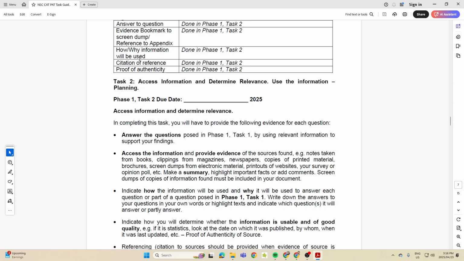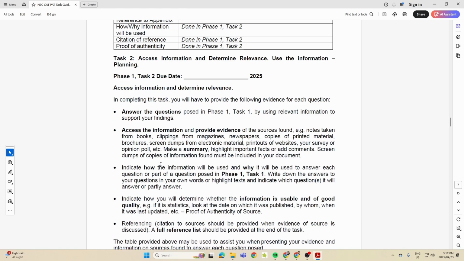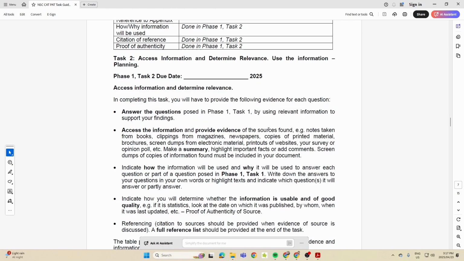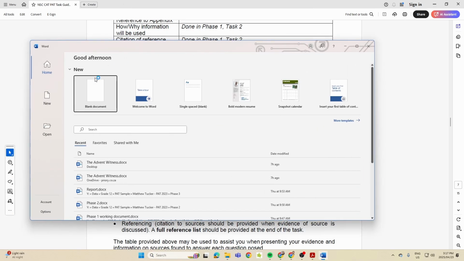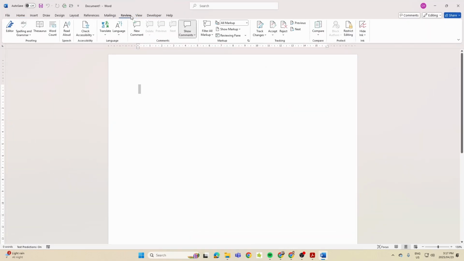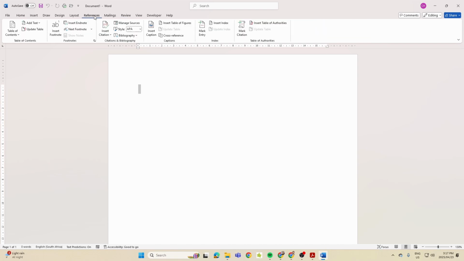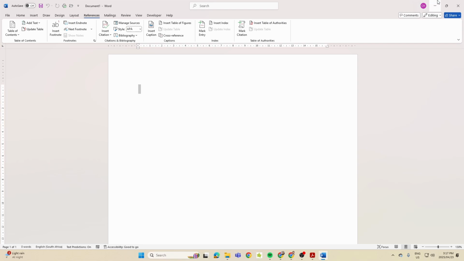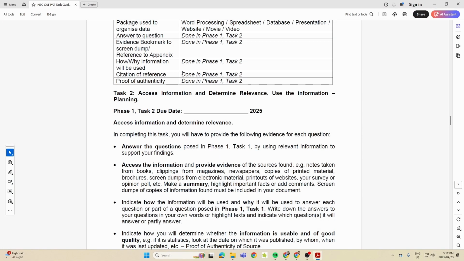Okay. Then your citation of reference. So they mention here your referencing. You're going to have to do it this way. Now, I've had learners ask me weird and wonderful things about the citations, but unfortunately, you're going to have to go to your review. You're then going to go, references. You're then going to go to your citations over here, and you're probably going to end up adding a new source, do what you need to do, and then pop that in to this section over here,